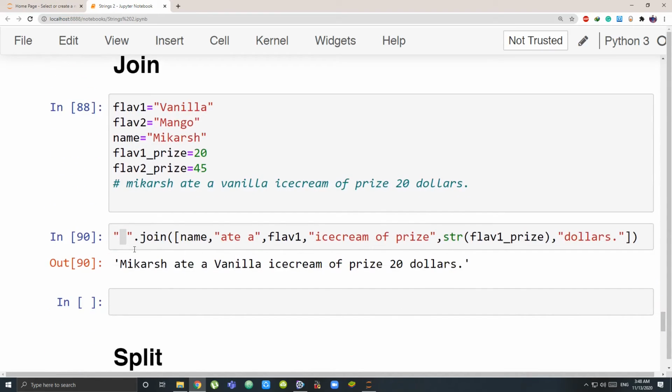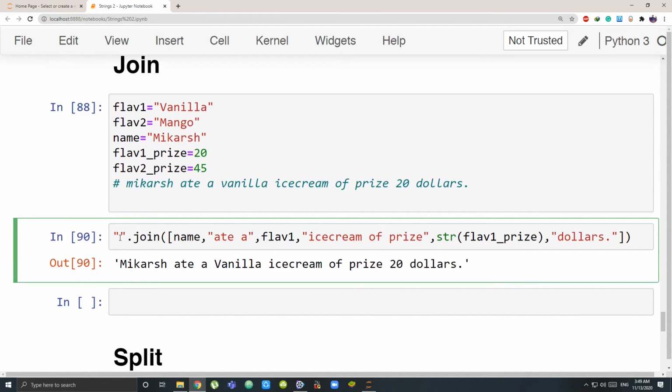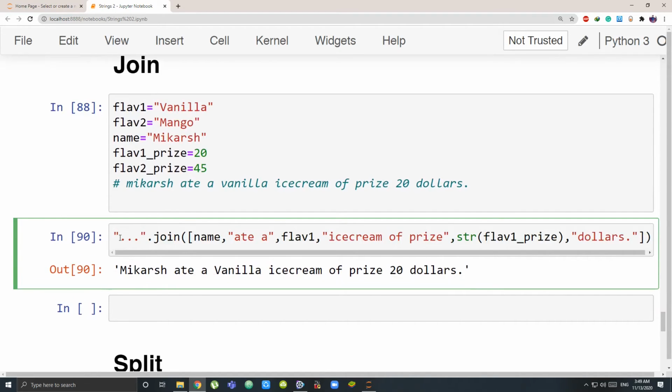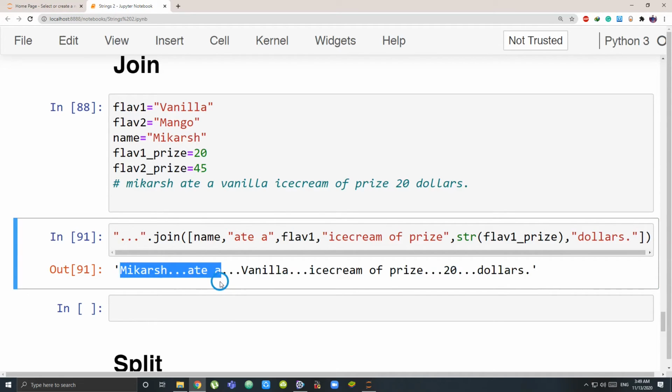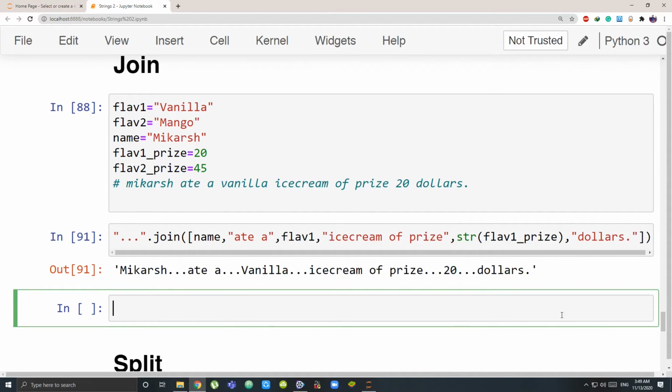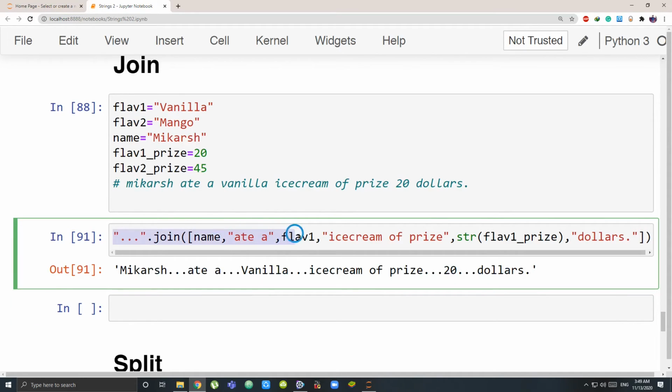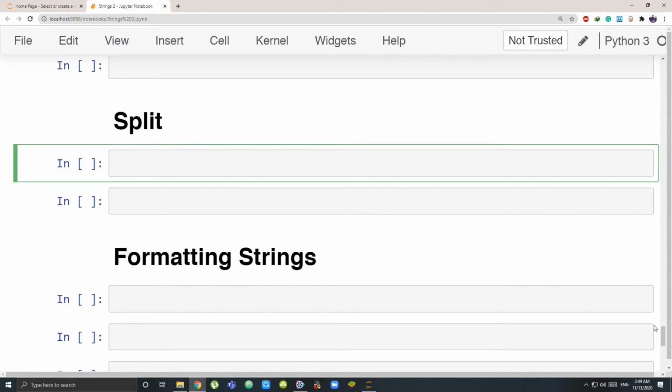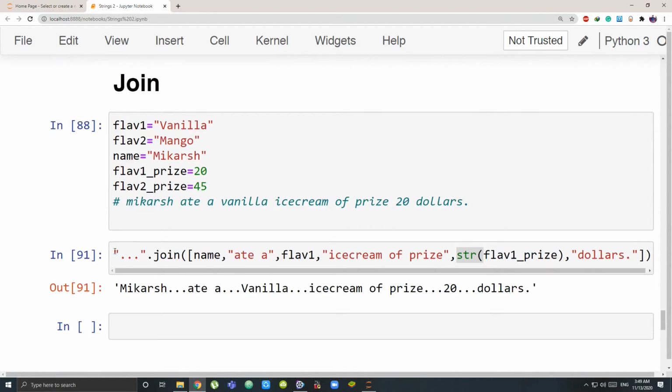Now if I want, I can use something else also. Inside these quotes I'll write, please join it with dot dot dot. So between every element there should be dots instead of a space. Now you see, first element dot dot dot, second element, that is 8, dot dot dot. So that's how you join your strings. That's a method for joining strings. But there's one drawback: all your data types need to be strings, and for that you have to convert them.